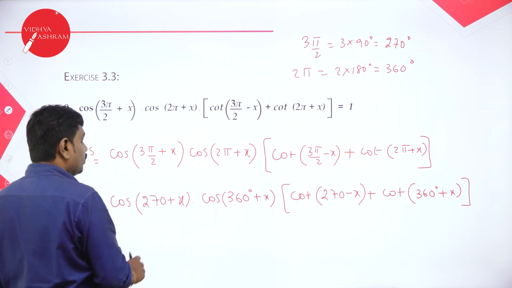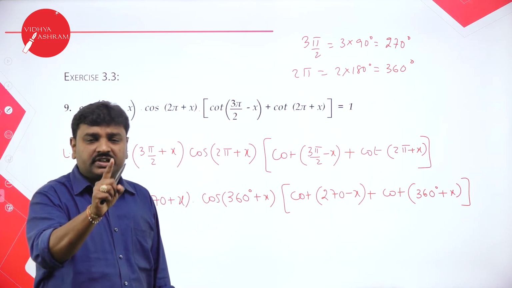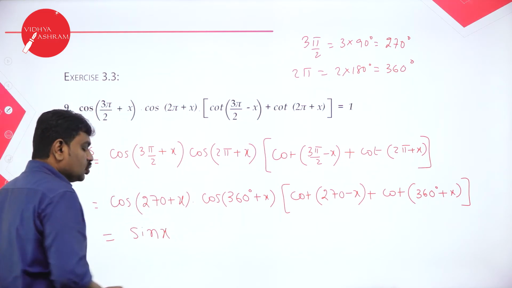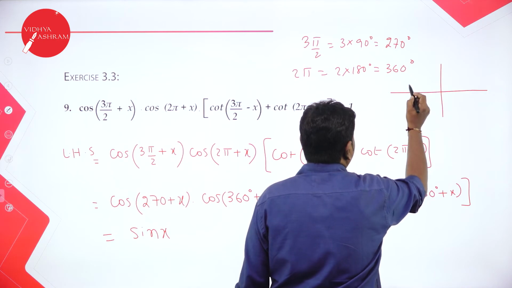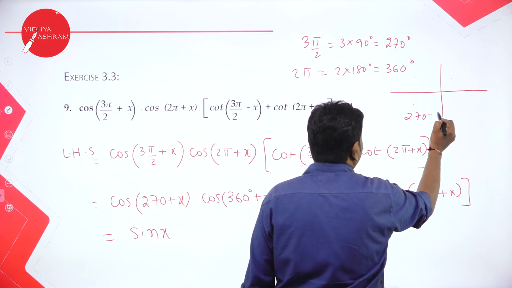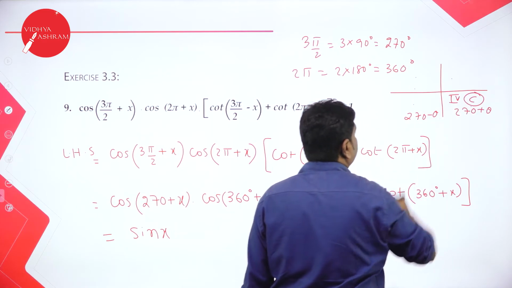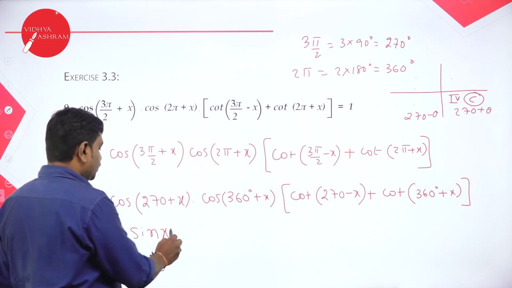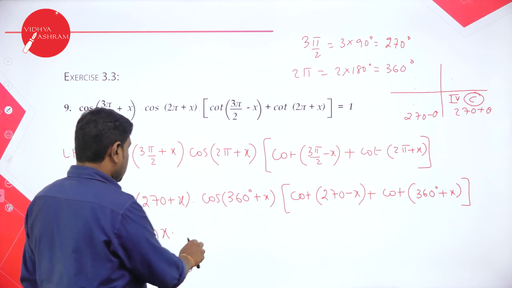So, you know, for 270 and 90, the function changes to the co-ratio. So here we have cos. Cos changes to what? Sin x. 270 plus x lies in which quadrant? You know, this is 90 plus, 180 minus, 180 plus, 270 minus, 270 plus. 270 plus is in the fourth quadrant. In the fourth quadrant the alphabet is C. So here this is also cos, so positive sin x. And cos of 360: for 360 the function does not change. So it will be cos x only.